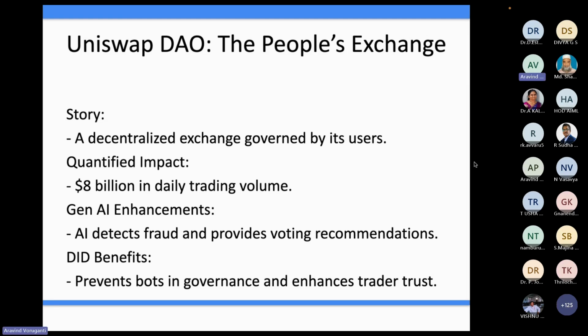Now what happens is there will be a lot of people continuously trading. And whenever someone sees that the price of a token is going up more and more, people's interest will go and they will try to invest in it. Now, by using a bot, I can artificially inflate the price of a token. How? A bot can buy a token at a higher price and keep on buying at a higher price.